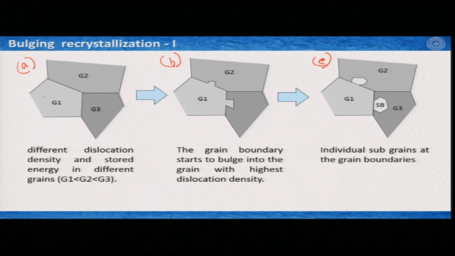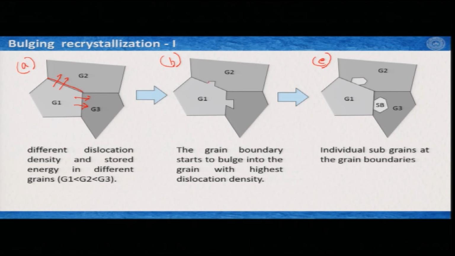So, this one has less than this, and this one has less than this dislocation density. Now, as I said, because this has less dislocation density, this grain boundary here would try to move to the places where the dislocation density is higher, and this is exactly what is happening in your figure B,